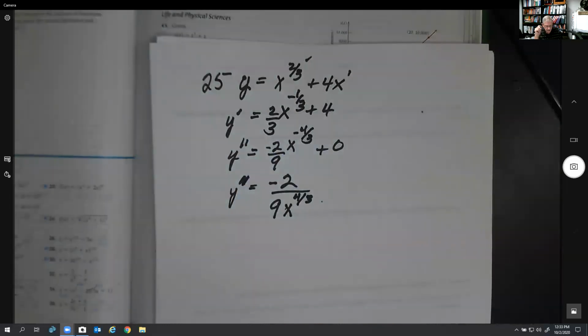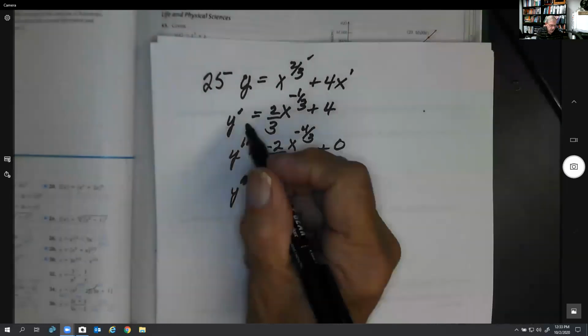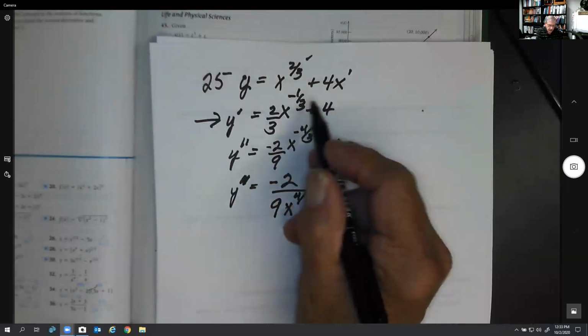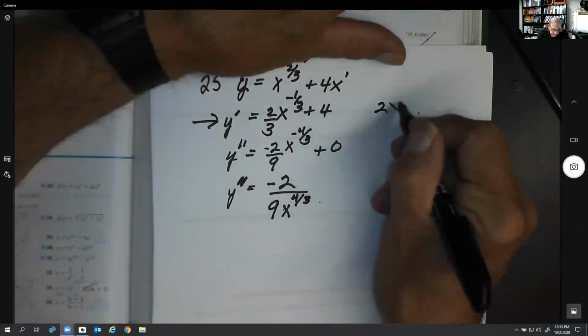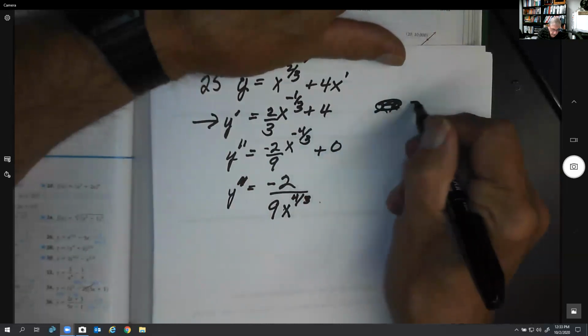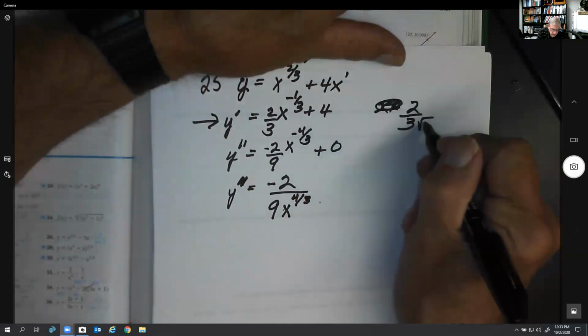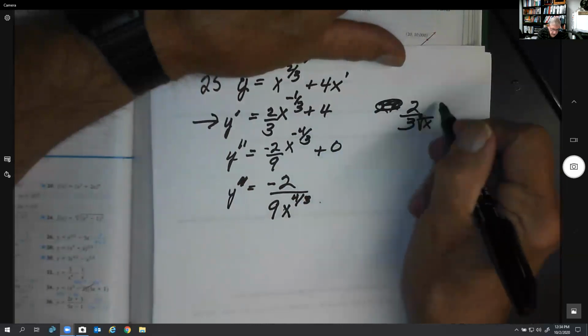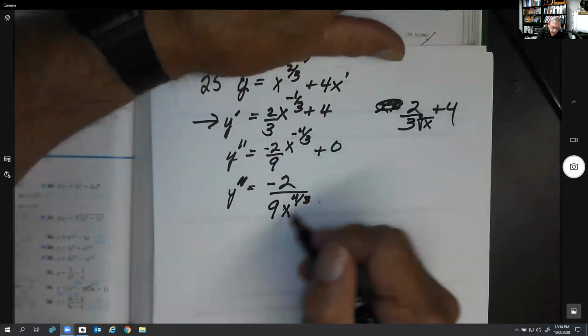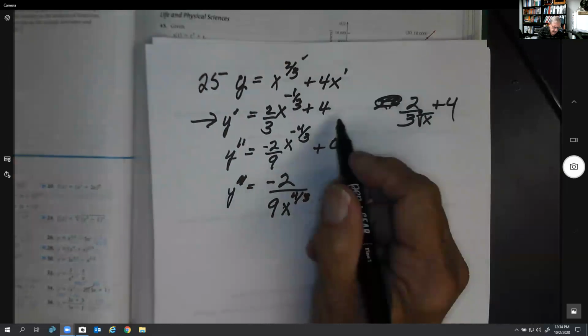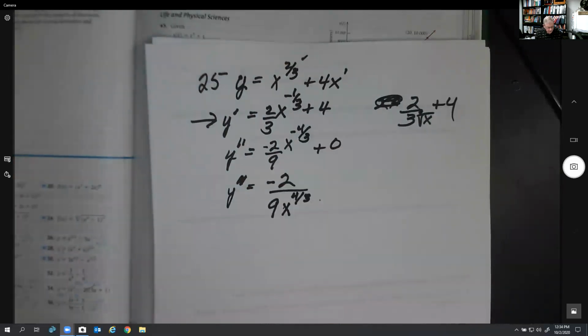We wanted the second derivative of this function. So here was the first derivative, but I didn't simplify it. I could have written it like this: 2/3 cube root of x plus 4. But then once I got it in that form, it would be hard to go back to this. So it's better if you're going to take the second derivative. You have to do some simplifying sometimes, but not a tremendous amount. But when you get to the final answer,